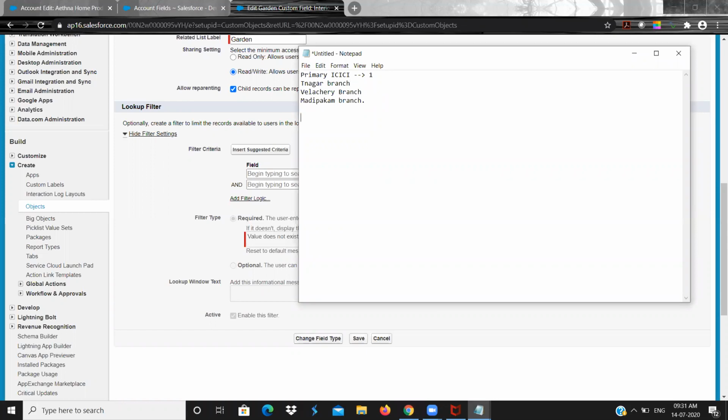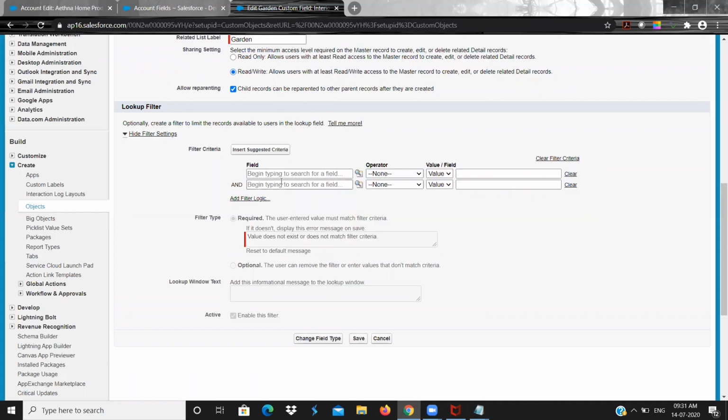You have one HDFC bank as head office and 10 branch offices, and you wanted to create one more HDFC account. In that case, you wanted to have a lookup. At that time, it will show only the two primary accounts, HDFC and ICICI, because here you use the condition where the checkbox primary is equal to true. So got it, right?